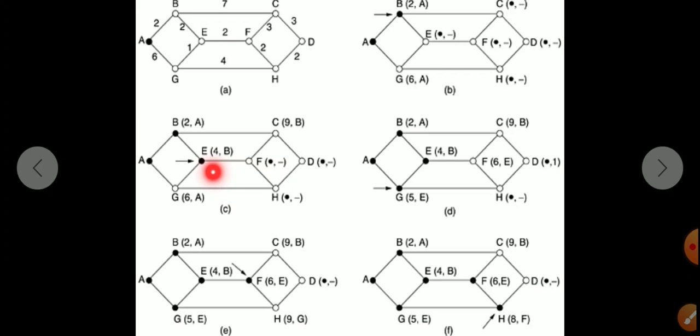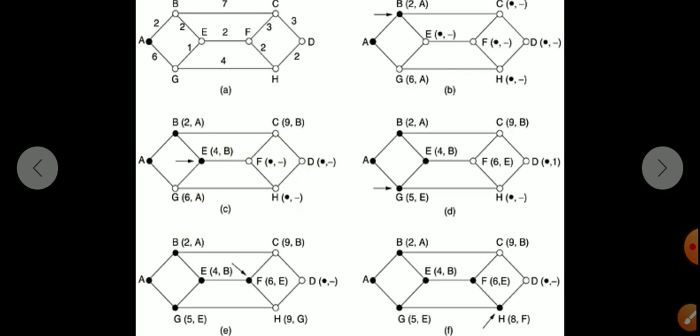So for E, what are the adjacent nodes which are connected from E? E is connected to G and E is also connected to F. Now here G already has 6 comma A. So we're going to see